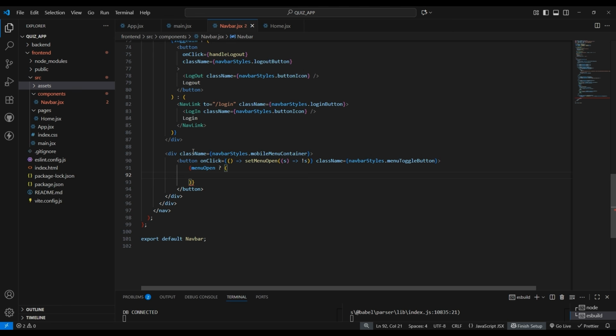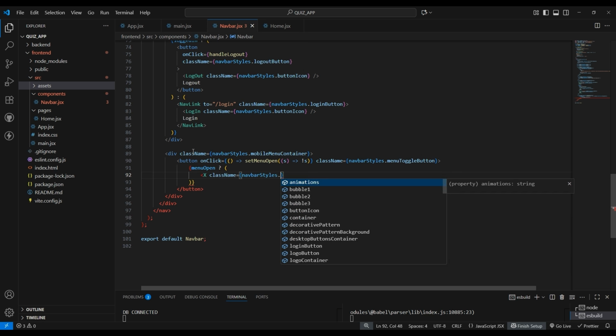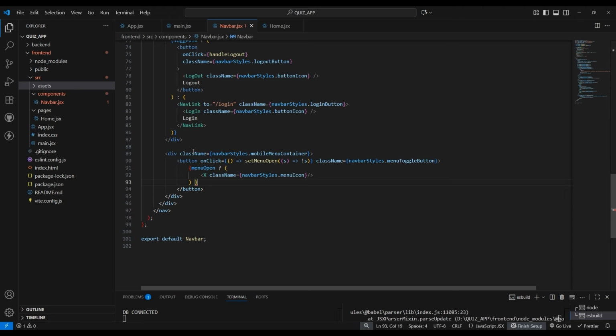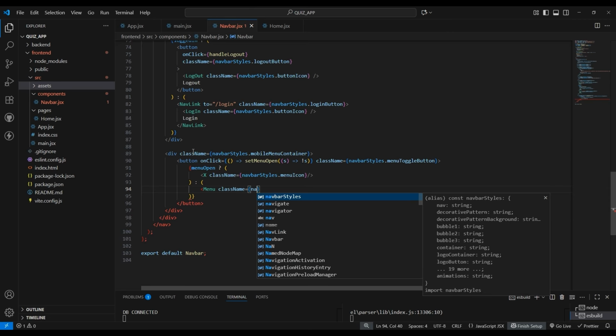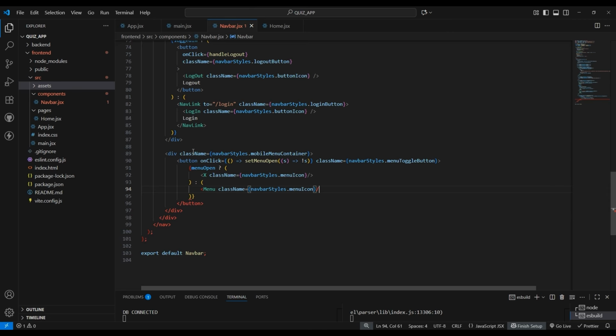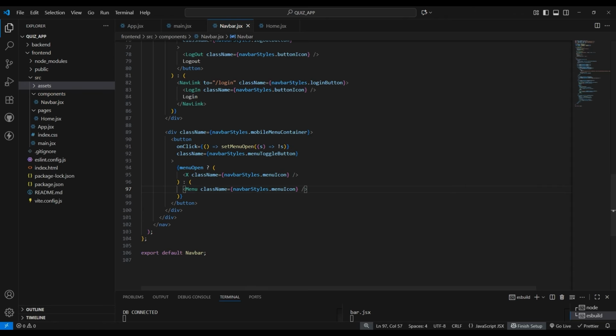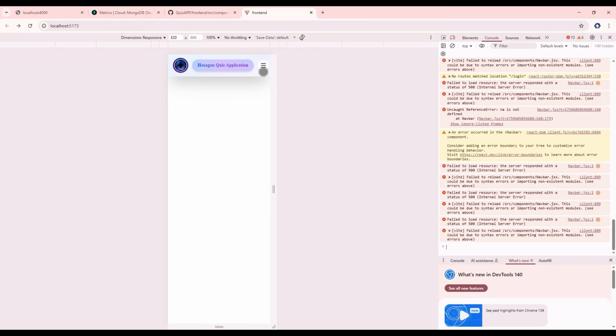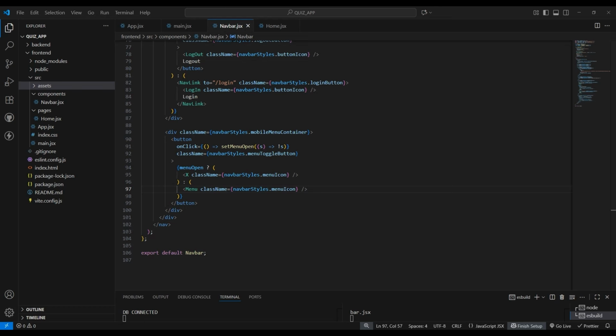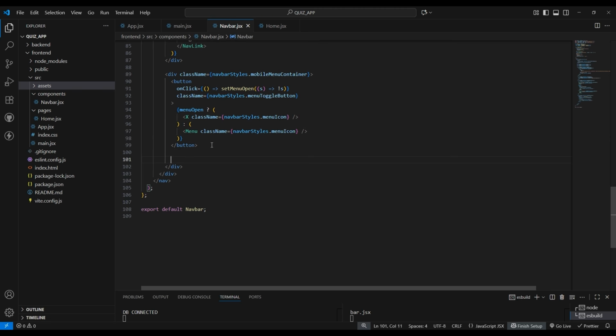If it is menuOpen, then in that case it will show you the cross icon, that is X, and give a class name to this icon. It will be navbarStyles.menuIcon. And in the else case, if it is not open, then it will show you the Menu icon, and give a class name to this icon. It will be again navbarStyles.menuIcon. And let me close this here. So now let me just show you this here. Now you can see we have this toggle button present here. Now after this, let's go back here, and after this button, let's type here menuOpen, and